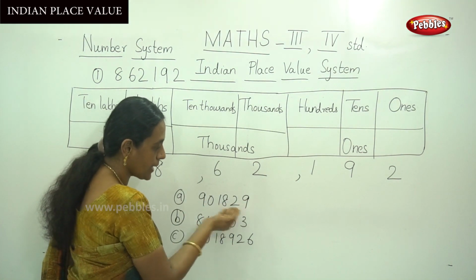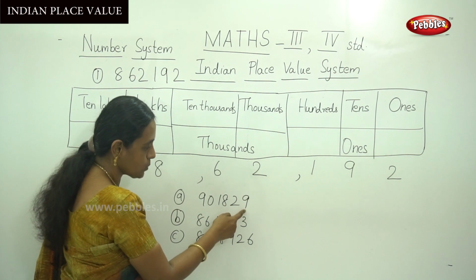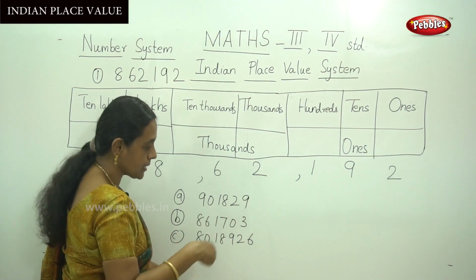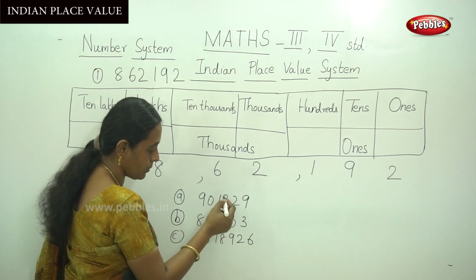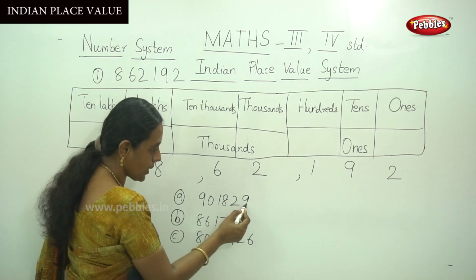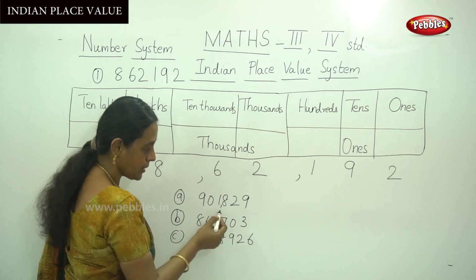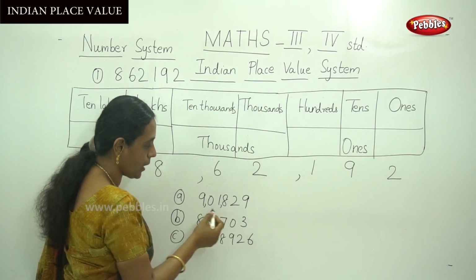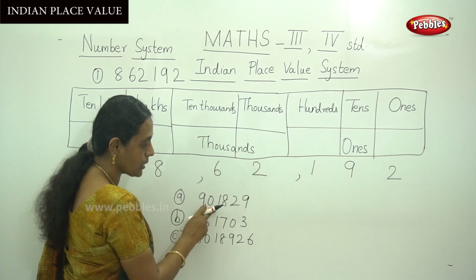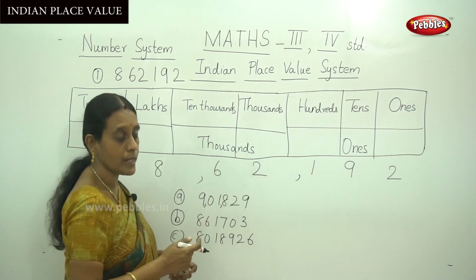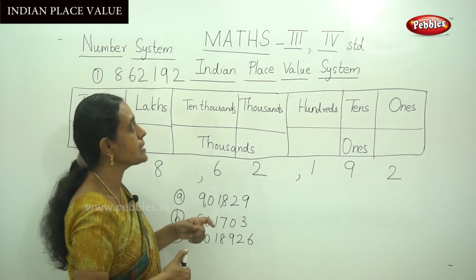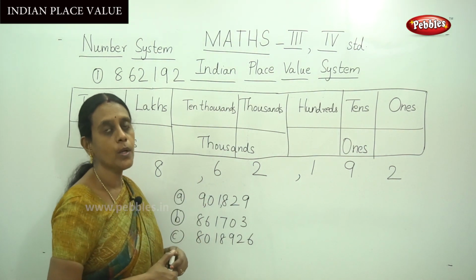Okay, from your right hand side. For example, this is ones, tens, 100, 1,000, 10,000, and insert a comma. How to do this? One more example for this. This is ones, tens, 100, insert a comma here, 1,000, 10,000, insert a comma here. How to read it now? That is 9,01,829. So practice this sum for your example practicing the Indian place value system.